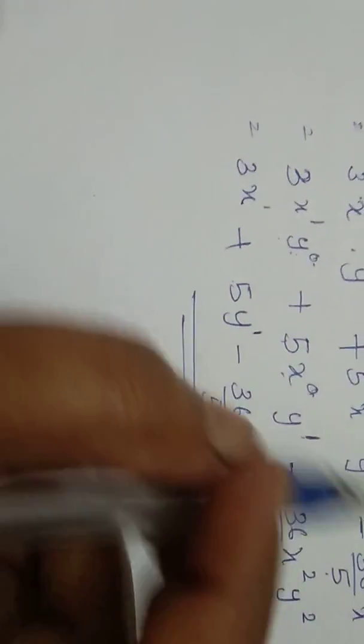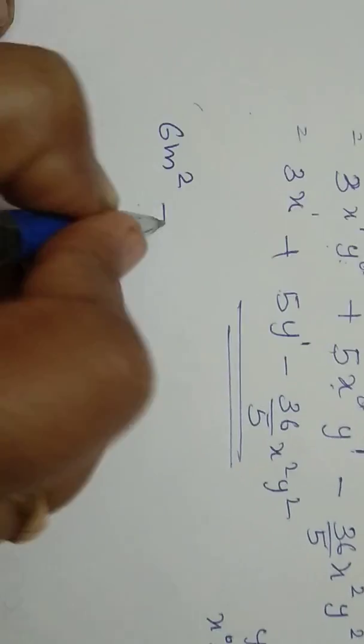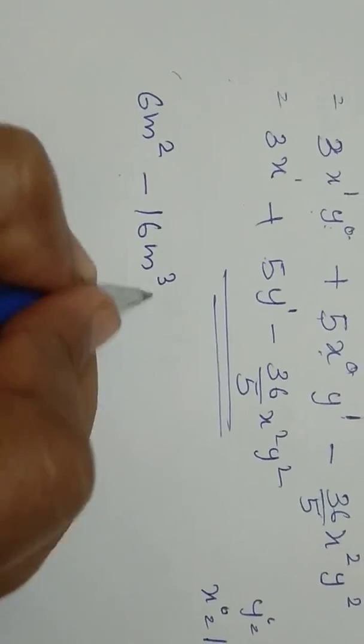I will show one more, a simple problem also. 6m square minus 16m cube plus 10